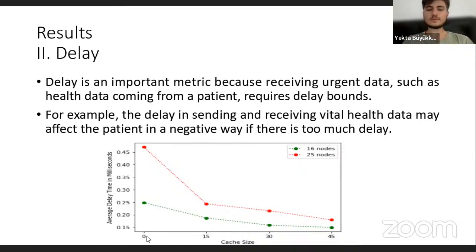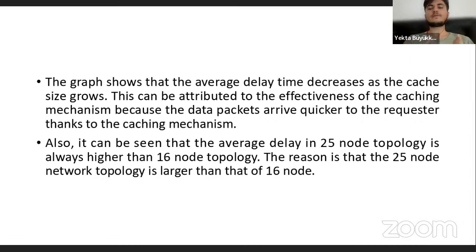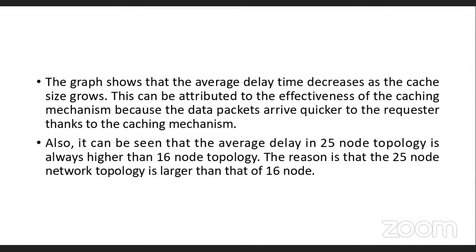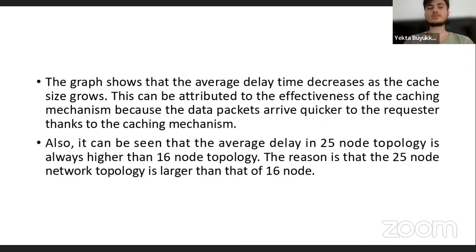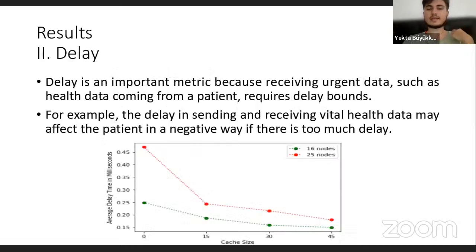And as you can see from this graph, as the cache size grows, the delay time expressed in milliseconds decreases. This was expected, and this is a good result, because you would expect that as the cache size grows, the delay time decreases, so that your health data can be transmitted very quickly. And this was a good result, of course. This can be attributed to the effectiveness of the caching mechanism, because data packets arrive quicker to the requester thanks to our caching mechanism. Also, it can be seen that average delay